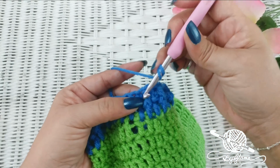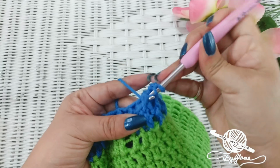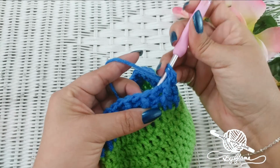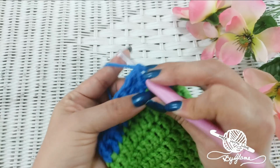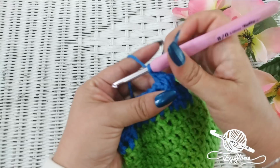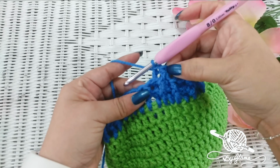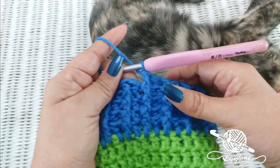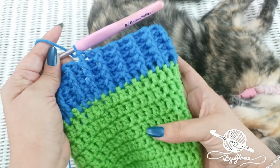You just chain 2. You're going to do front post and back post. Just do what you just did in the previous row. And when I come back, I'll let you know how many rows I did. All right, have fun. Okay, so I am at the end of the row that I want to end this hat at,